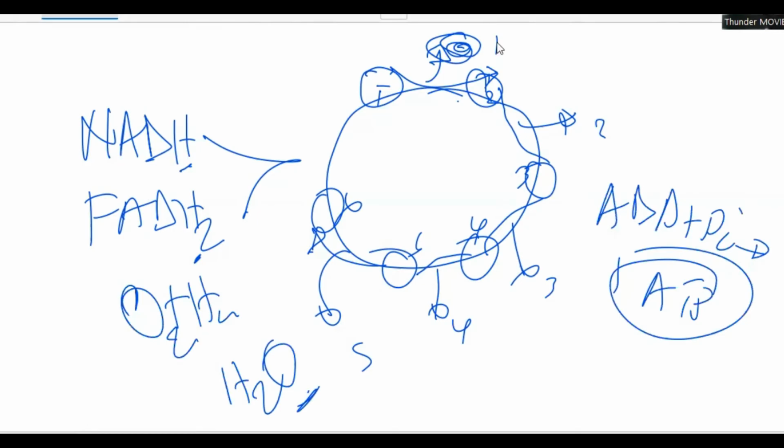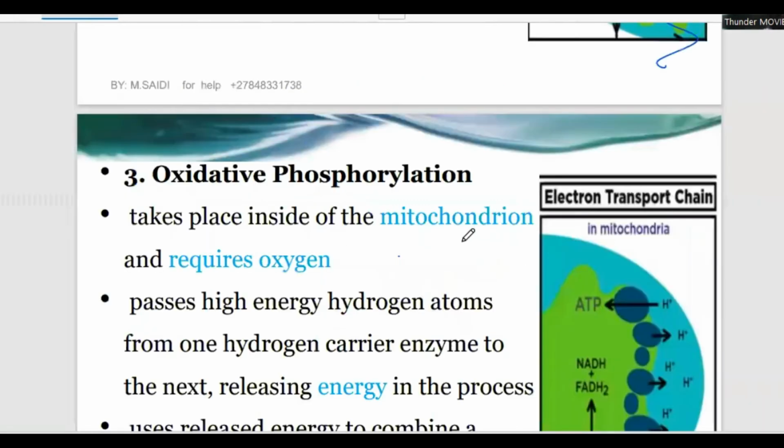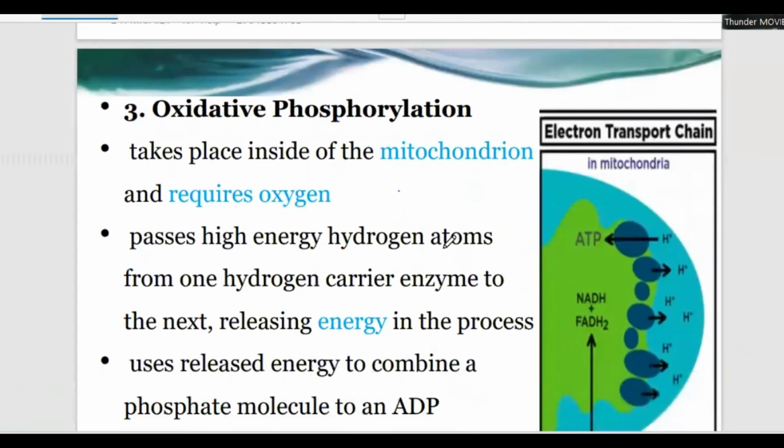But there are a lot of ATPs being produced here. As this one is moving to this, energy is released, this one moving to this, energy is released. It's like that, until over 30 ATPs are being released. Let's go back to our